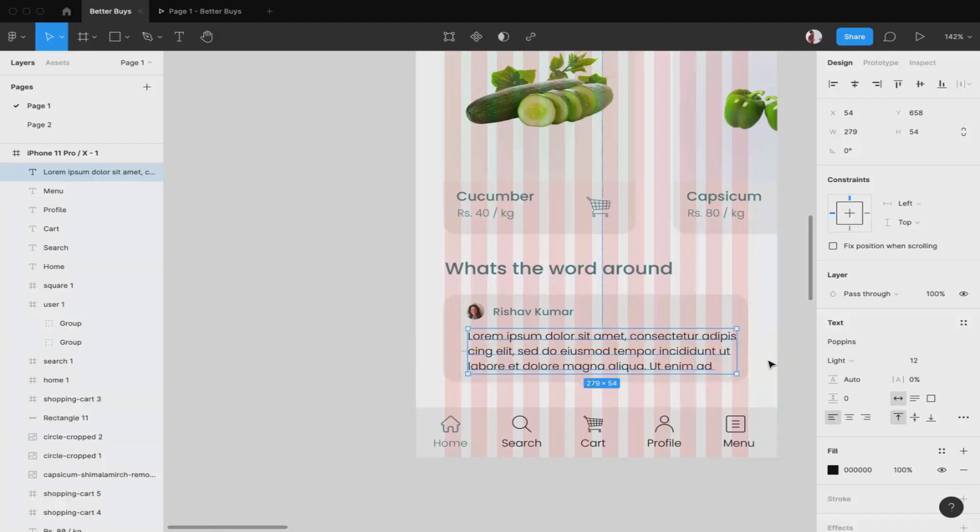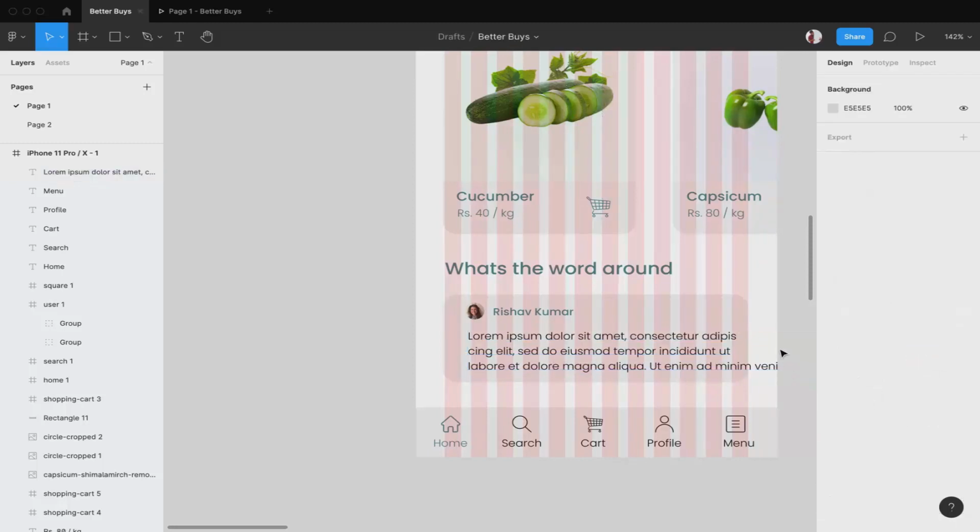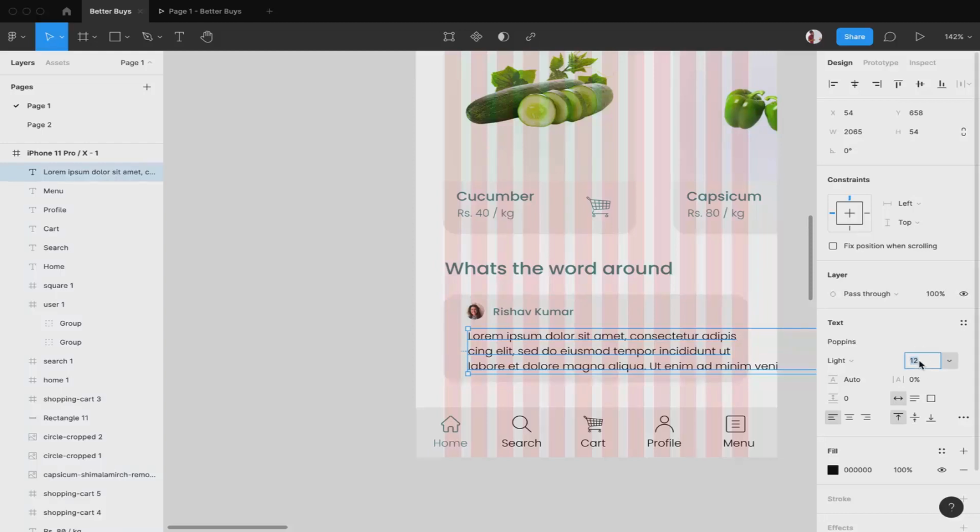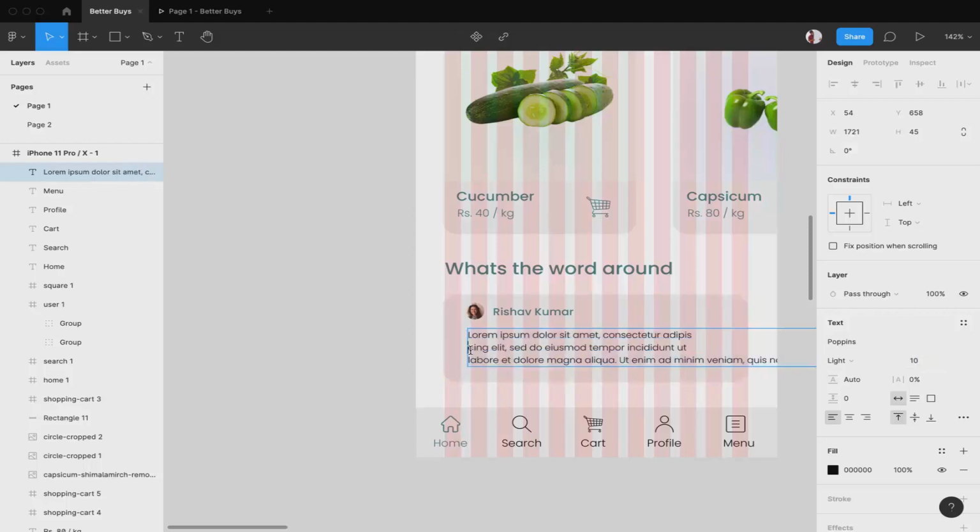I think this seems fine, or maybe I'll reduce the size a little bit more. Okay, the size didn't reduce, actually it was selected in the wrong way, so this seems fine. I'll have to take it back. Yes, so now this is how you add random text in design while designing.